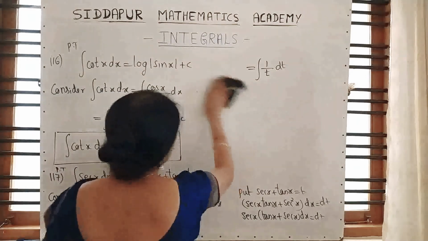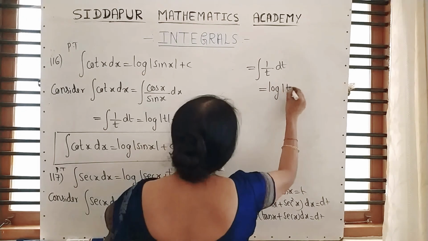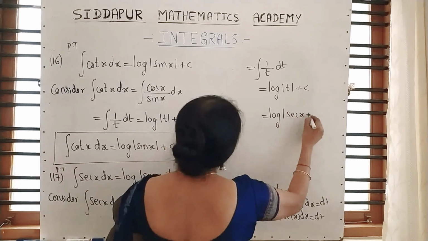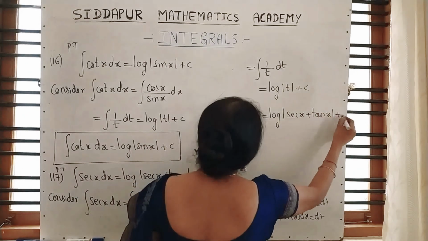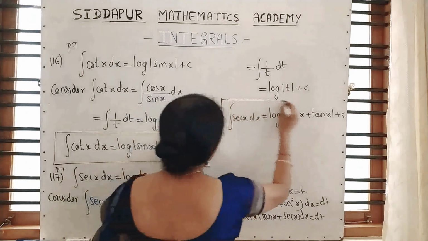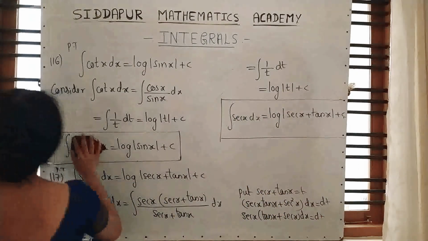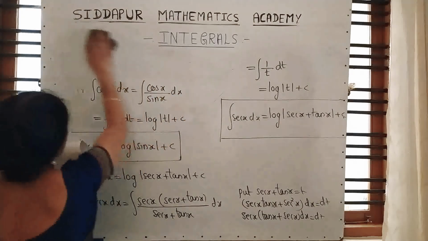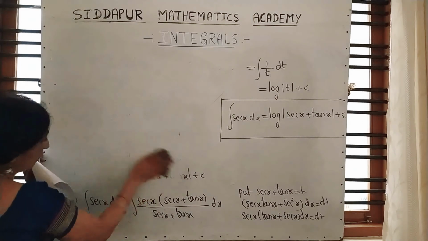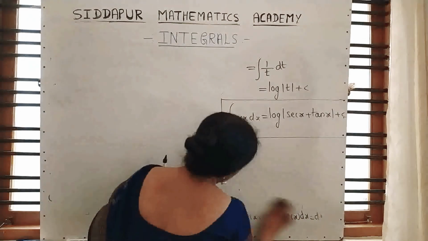Now, what is integration of 1 by t? As usual, log of mod t. Write down that value. Log of mod t is sec x plus tan x plus c. And here on the left side, integration of sec x. See, is it interesting and easy or what? Yes. Moving to the next, that is also a derivation. As I told you, 4 continuous derivations I give, and they are the derivations as well as the formulas. Please note down these as formulas and write them in the formula list.